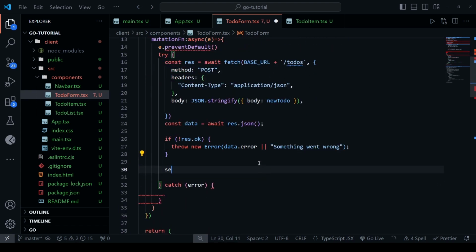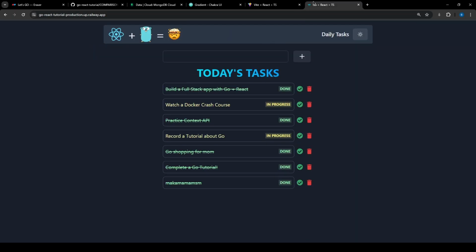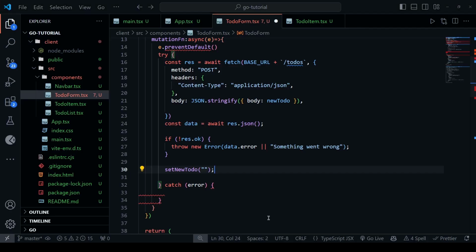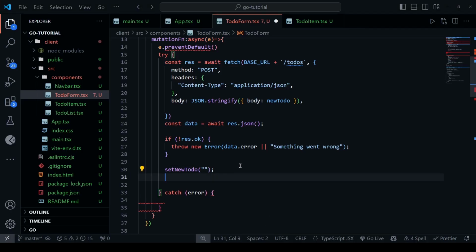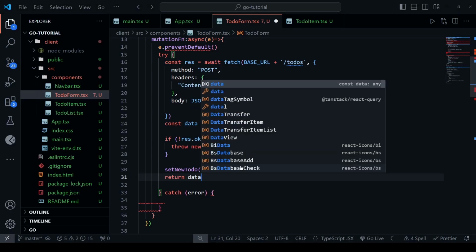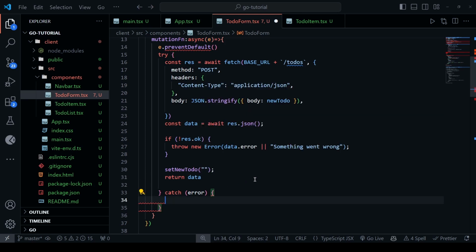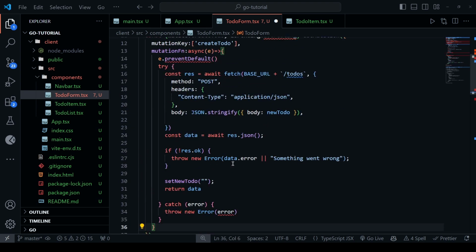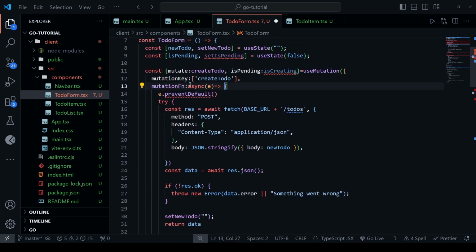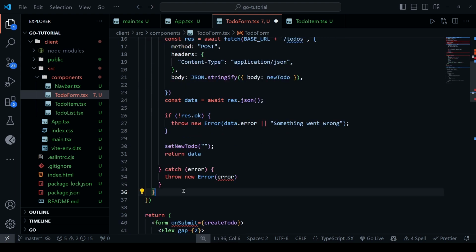And we'd like to say set new to do to be an empty string, because here, let's take a look at the demo. I'll just say something here. Once I press this button, it's going to create it, and now it is going to reset this field. So that's why we are using it. And eventually we'll just say return data. In the catch, we could just say throw new error,